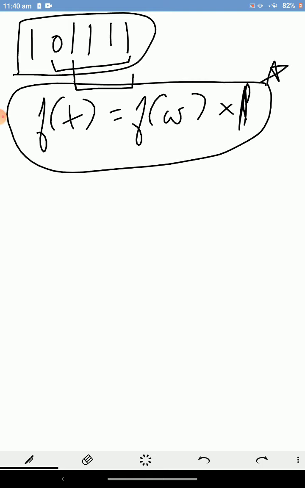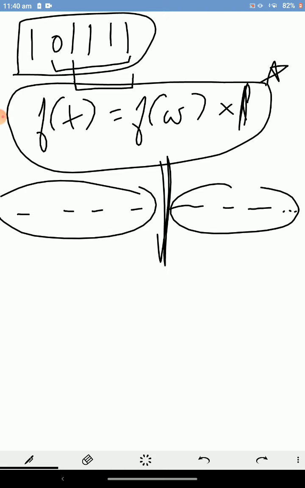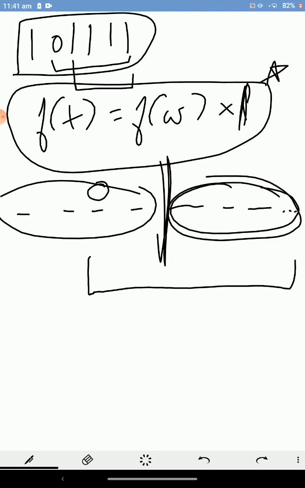One thing we can observe is that, suppose this is the length n by 2 and this is again the length n by 2. First I'm considering the case of even length, as the case of odd length will be equivalent. If a zero is present on the left side, I can take my first string starting from this index till the last index, and it is guaranteed that the length will be greater than or equal to n by 2, because this length is already n by 2.